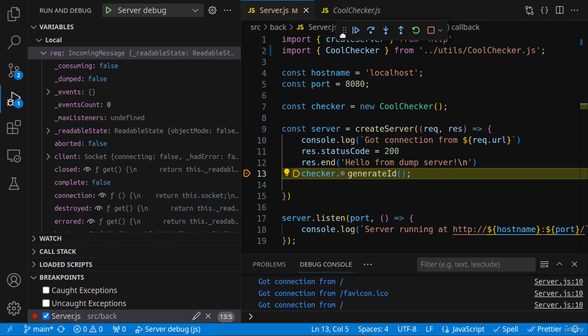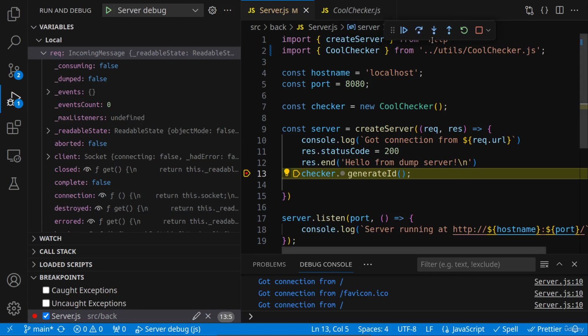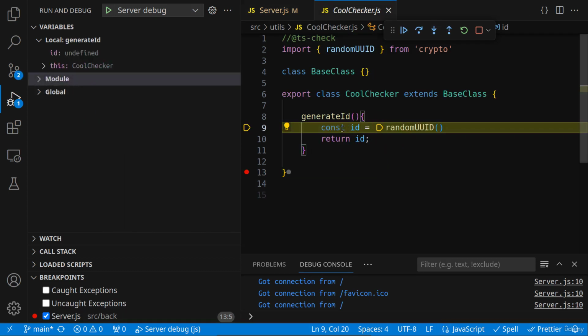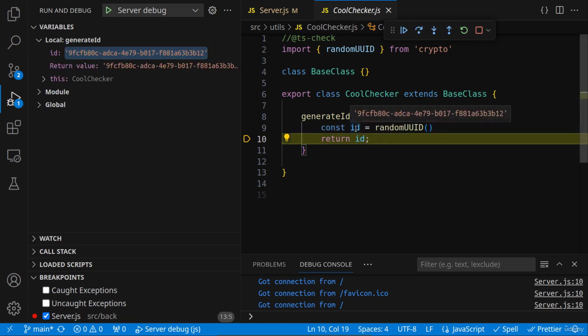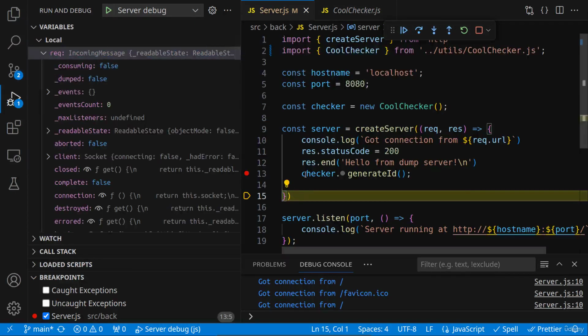I even have these debug controls right here on the top right. I can skip the steps. I can step into this function and see what exactly it does. I can step over, and now at this point I can see a randomly generated ID. I can simply step out of this function right here, and then